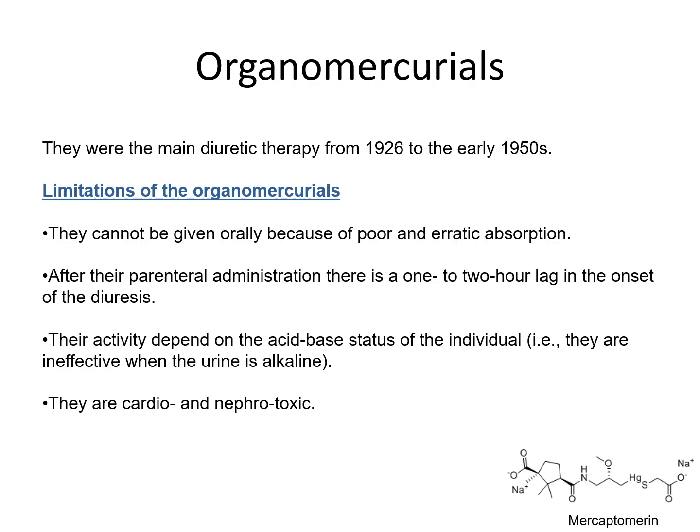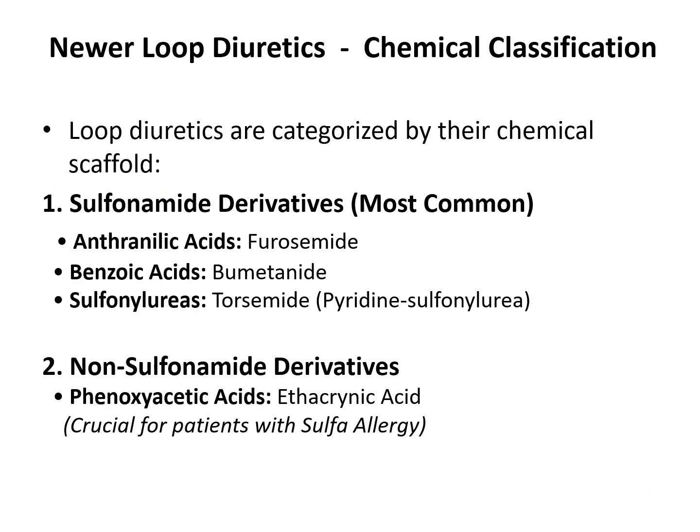So the next group that was discovered of diuretics is the newer generation of the loop diuretics, and these were classified into two main groups: sulfonamide containing derivatives, and these are the most common, like furosemide, bumetanide, torsemide, and all of them are sulfonyl containing compounds, also sulfonamide containing compounds. And we have non-sulfonamide derivatives like phenoxyacetic acid, which is ethacrynic acid, which is more important for patients with